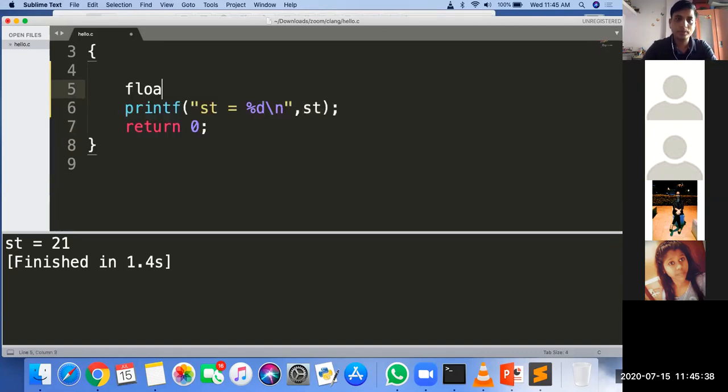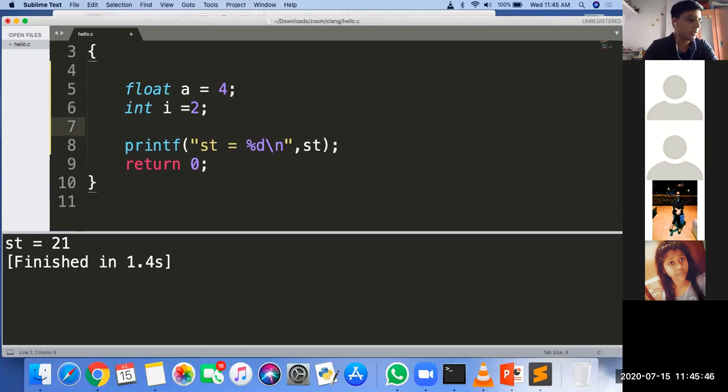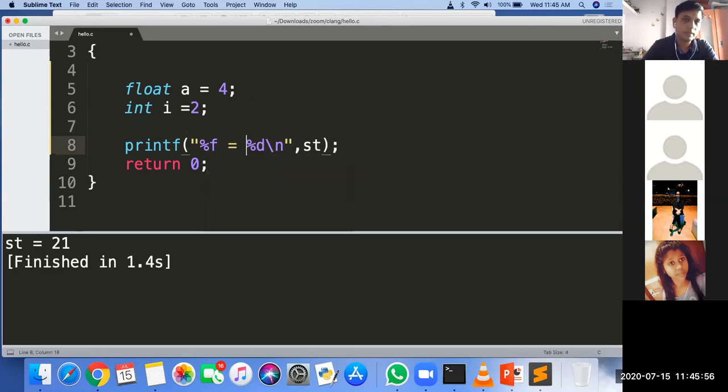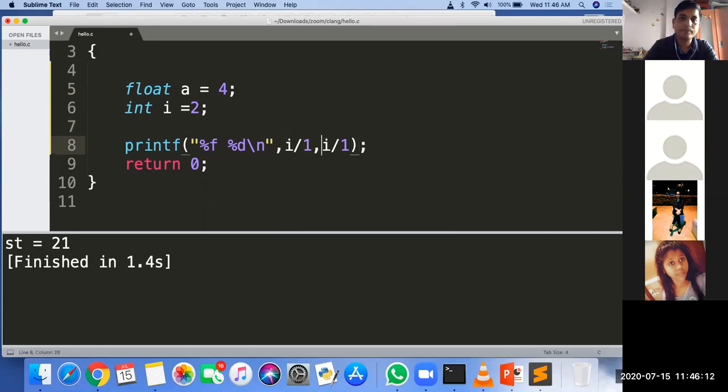Okay, one more thing. a is equal to 4.0 and one integer i is equal to 2, and you need to print it here. printf percentage f, then percentage d, and then here i divided by a, comma i divided by a, i divided by a, and i divided by a.